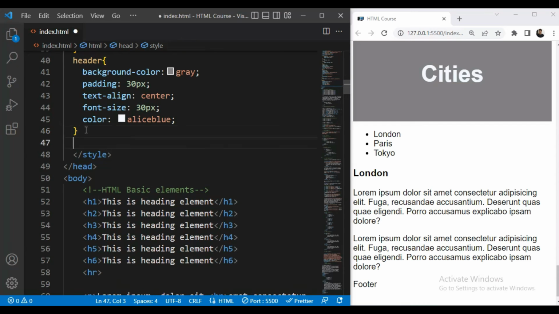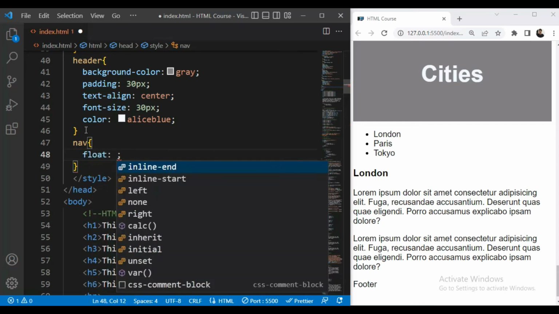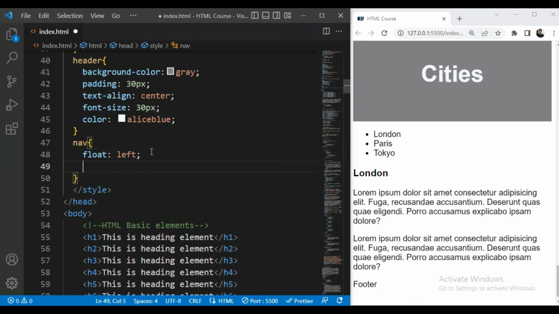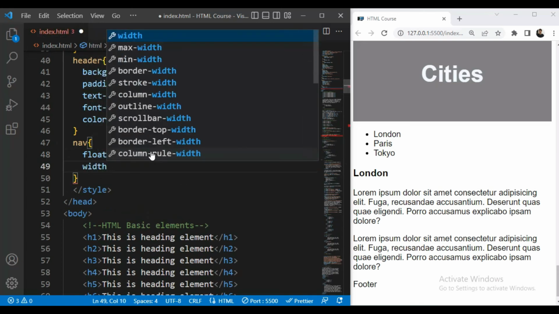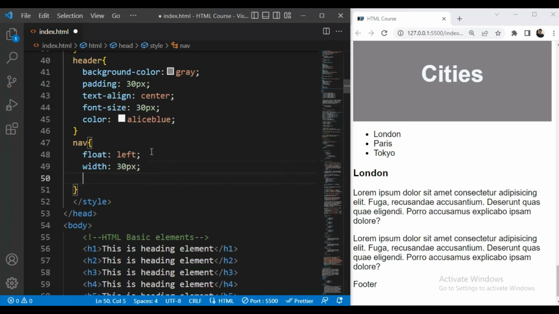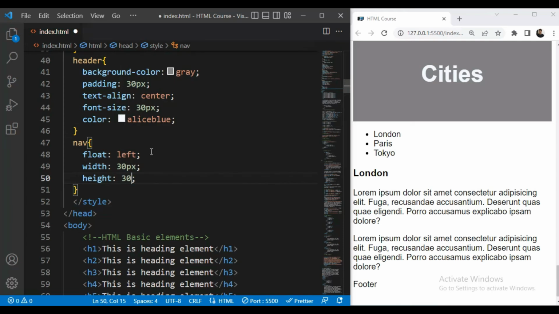So we'll give nav float left, then width and height, width 30 pixel and height for example 300 pixel.